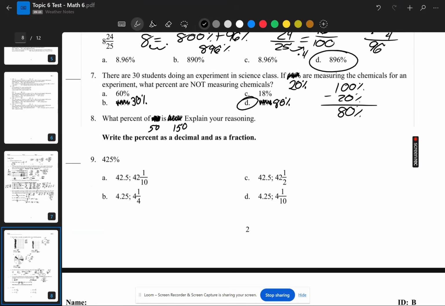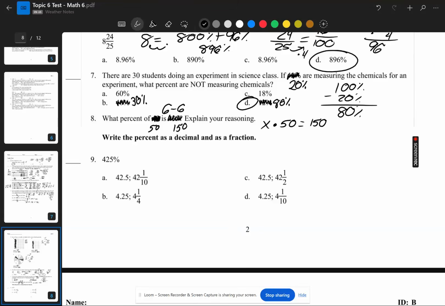Question 8 says, what percent of 50 is 150? Explain your reasoning, just mean show your work. So I can turn this into an equation. But what percent, we always said, is just my variable. So I can just write x times 50 is